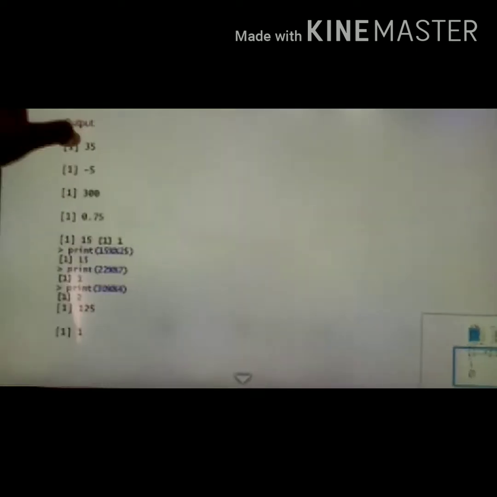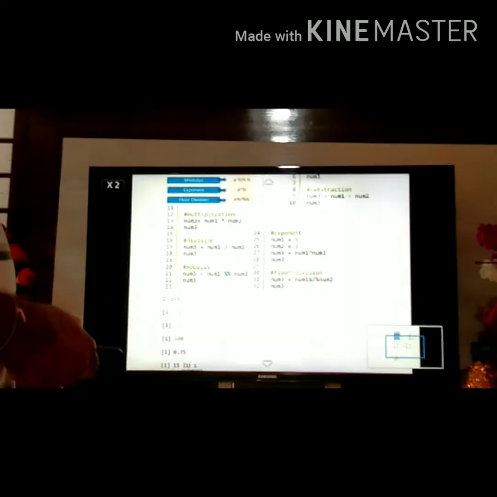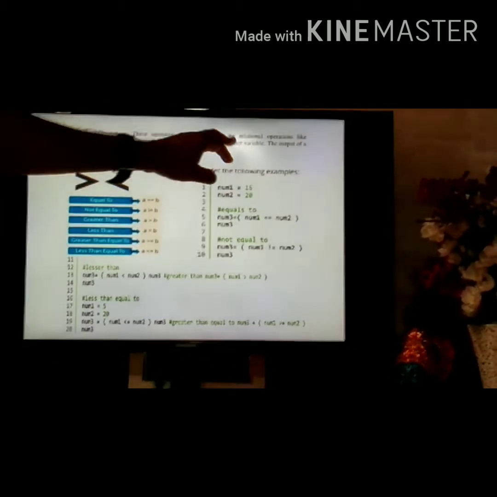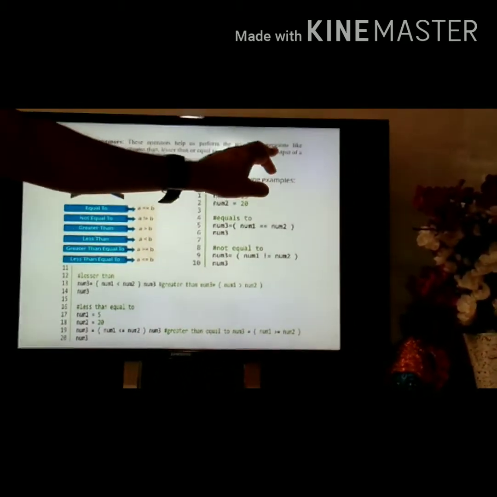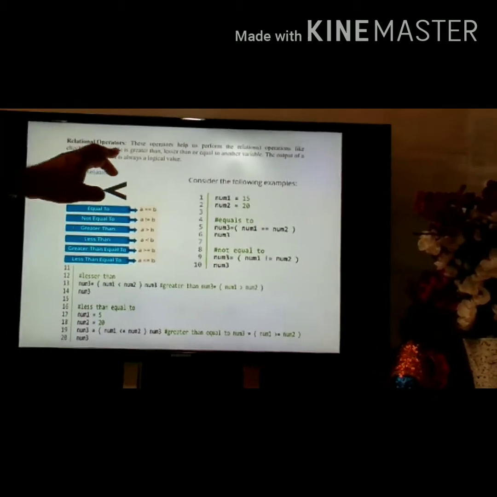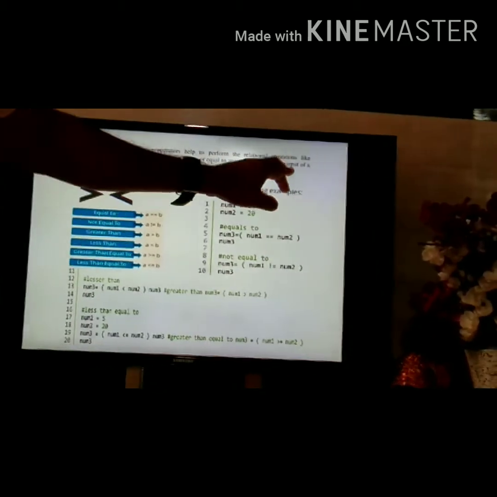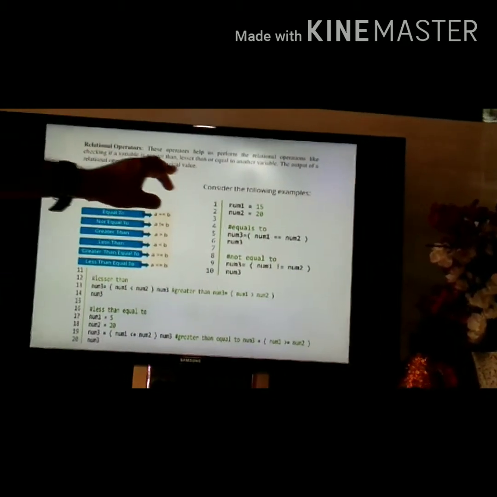The other arithmetic operators are common for everybody to know. Next, relational operators help us check things like whether a variable is greater than, less than or equal to another variable. The output of a relational operator is always a logical value.